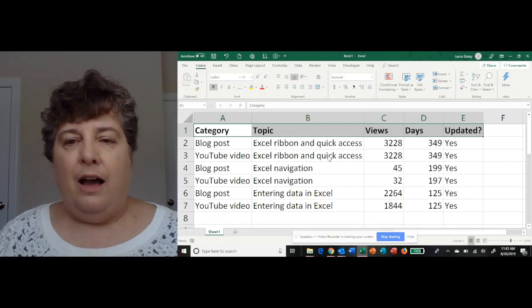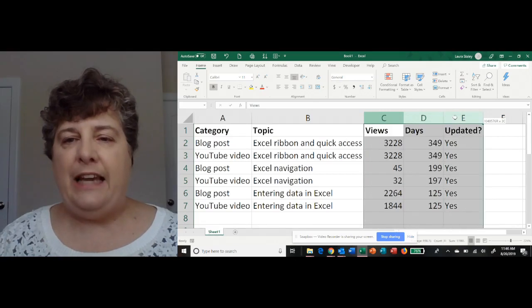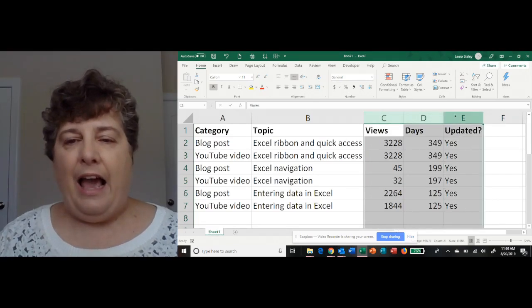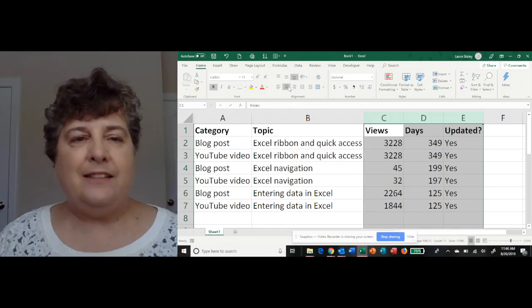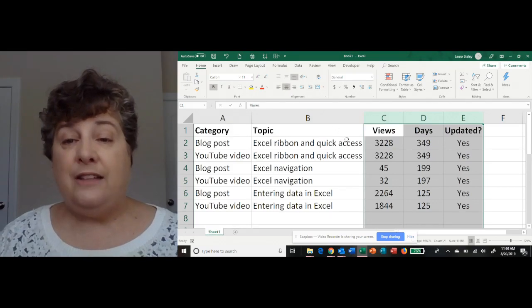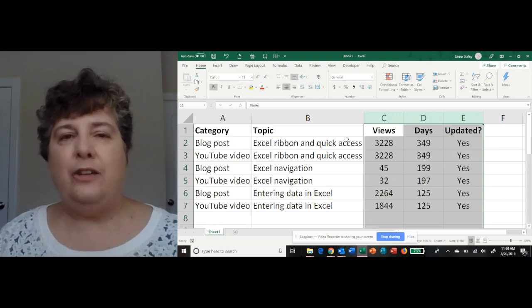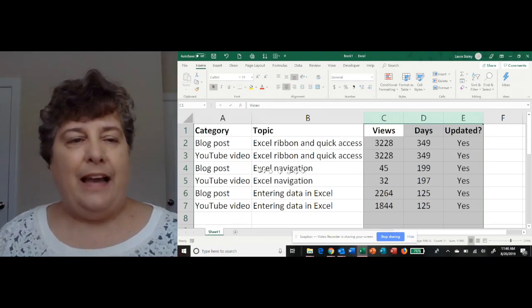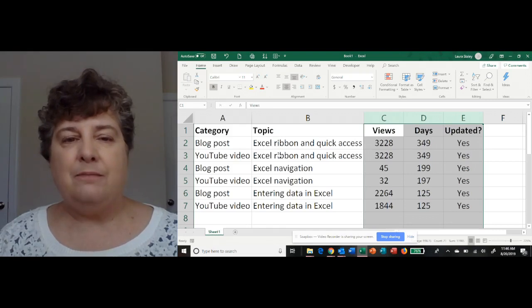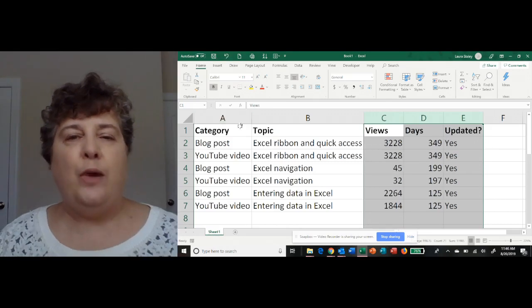Okay, now, the other thing I'm going to do is highlight column C and drag through D and E. And I can format these columns by centering the text in the columns. So notice that those are now centered in the columns underneath the headings. Okay, and I'm not going to do the same thing in the first two columns. Okay, now I'm going to undo that because there is one other thing I want to show you about entering